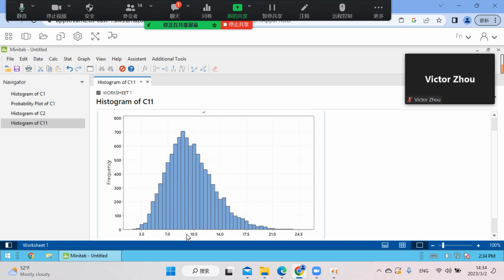Because you have a mean of 10, and if the standard deviation is 3, then two standard deviations from the mean should be in the range of 4 and 16. If you locate 4 and 16 on the x-axis, it contains 95% or even more of the numbers. So although this graph still looks like it bends a little towards the right,